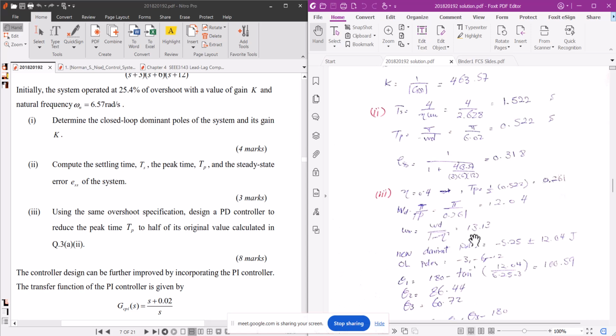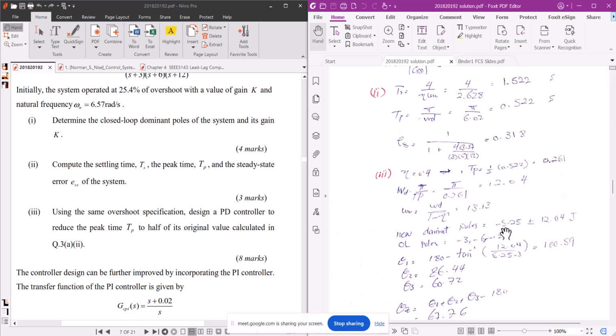Okay, so you will have new dominant poles. How will you get new dominant poles? Simply minus zeta omega n plus minus omega n under root 1 minus zeta square, or you can put it here minus zeta omega n, that will be the zeta omega n, plus minus that is omega d 12.04. Here comes your 12.04. So these are your new dominant poles, and your old poles were minus 3, minus 6, minus 12. Now you have to move your root locus from these new poles in order to get your desired